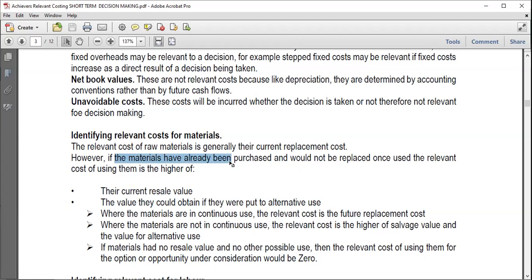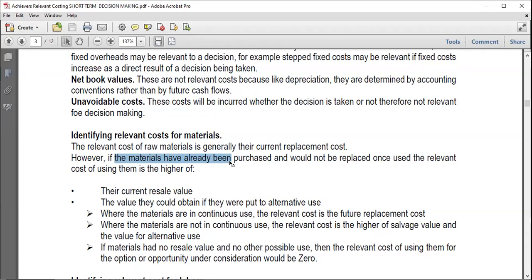For example, I'll still use our special order of producing 300 cakes at 40,000 when the normal price is 50,000. If part of the materials, maybe the wheat flour and so on, had already been bought,